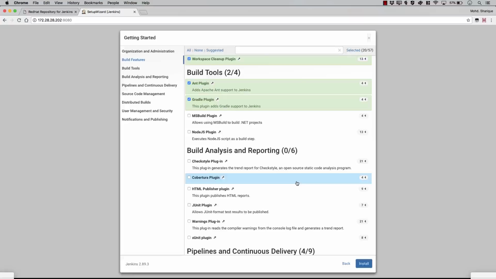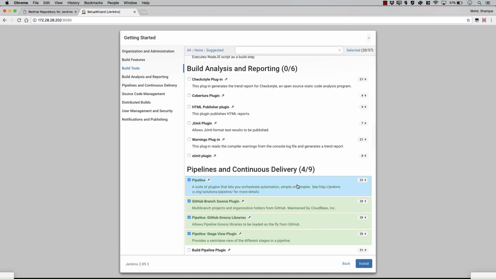If you don't have any specific requirement, for example if you are working on .NET based projects, then you need to make sure the MS Build plugin or Node.js plugin is installed. But so far, if you don't have any specific requirement or constraints, then we are good to go. We can leave everything as it is, because anyway we can install or uninstall any plugin later on as well. So I'll click on install,